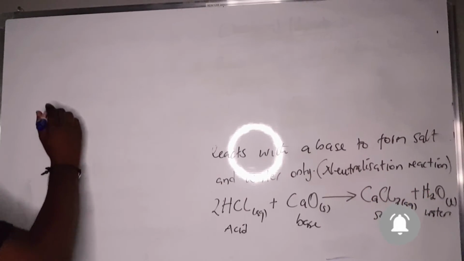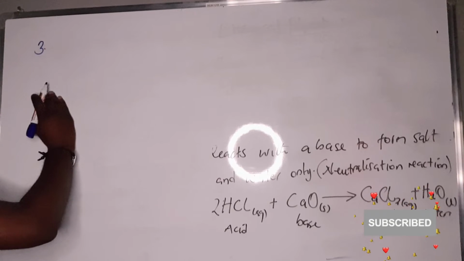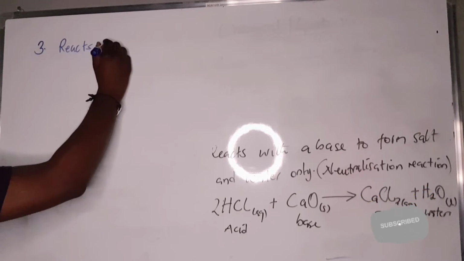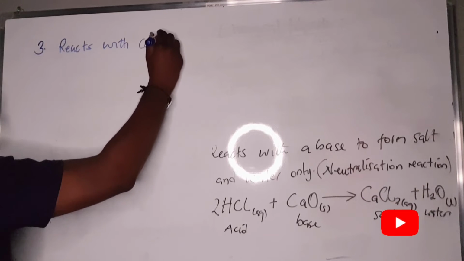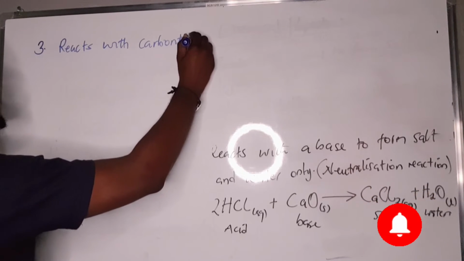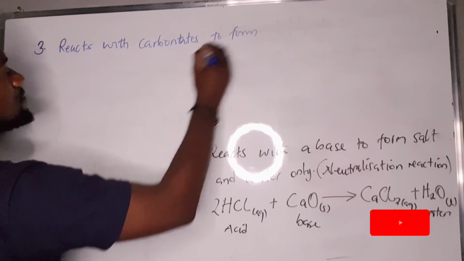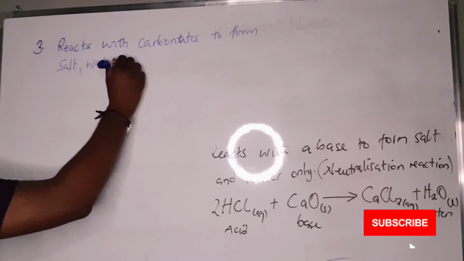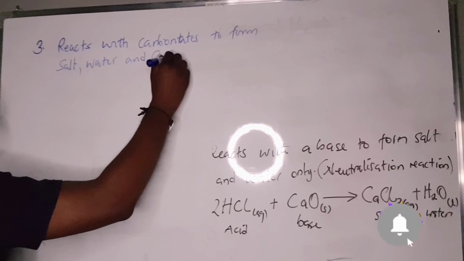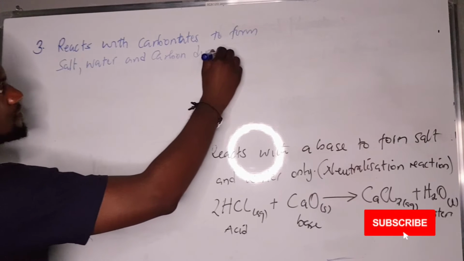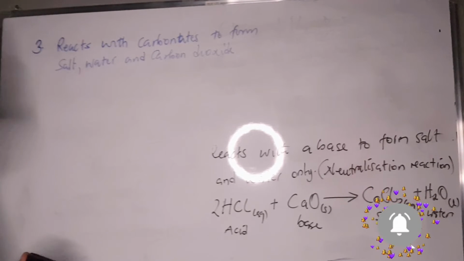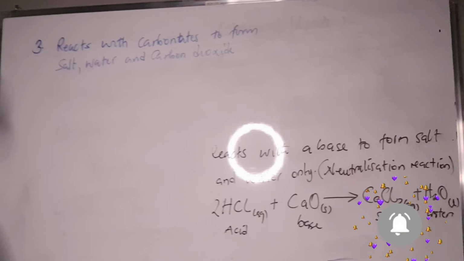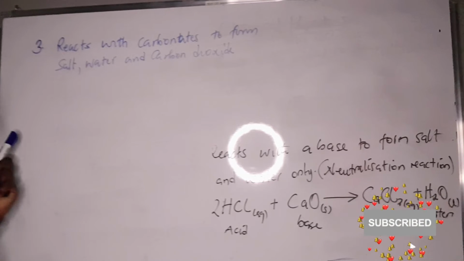You can also look at the third one, saying acids react with carbonates to form a salt, water, and carbon dioxide. So if we have an acid, HCl,